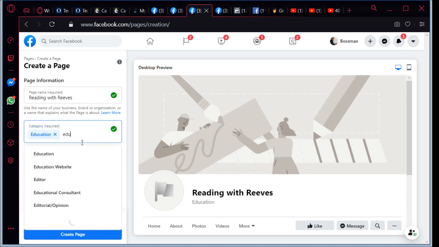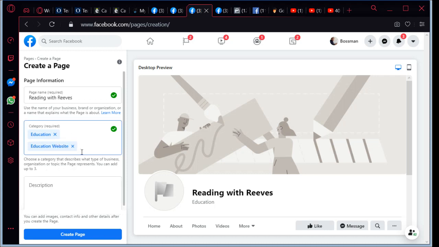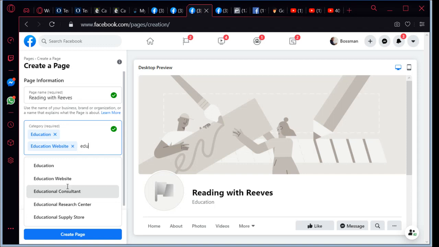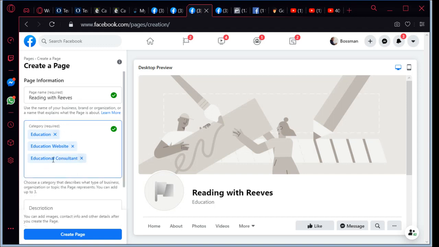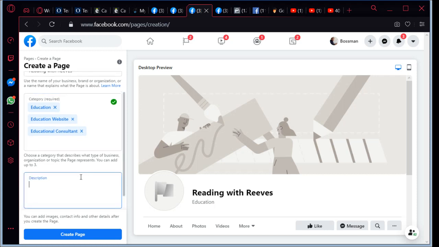You can choose up to 3 tags on this, right? Yeah. So you have a maximum of 3 things related to whatever you want the page to be about, and then you can give it a